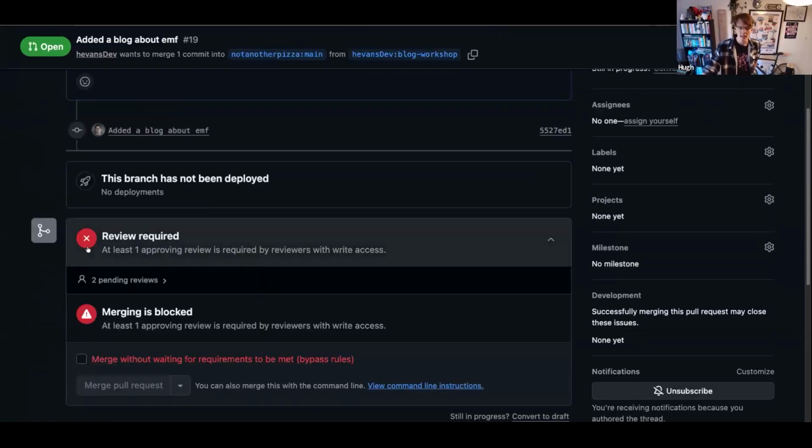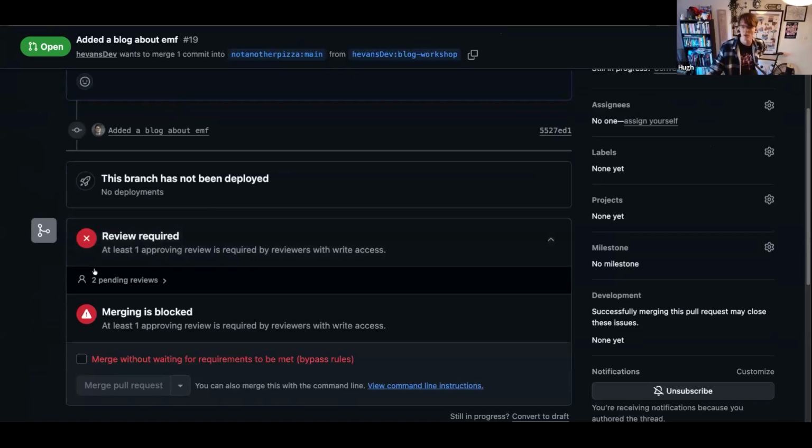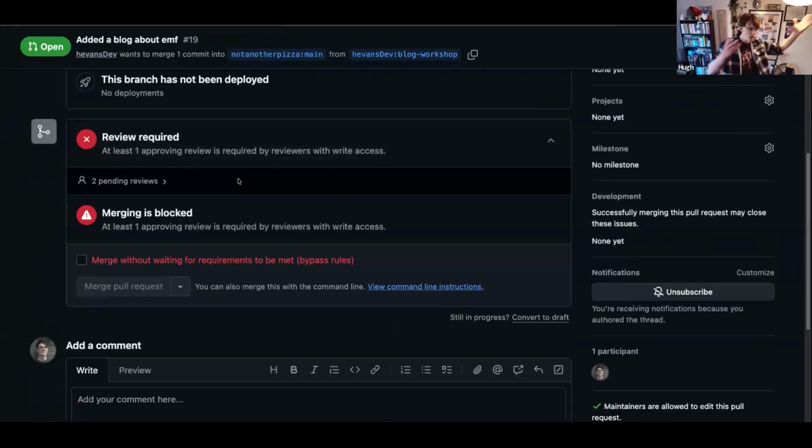And you immediately see this big red X. So don't worry about that. That's just GitHub saying, hey, if you want to merge code from your fork to the Not Another Pizza repo, you need one of the reviewers, one of the maintainers rather, to review your code to say that it's safe to merge. So what happens now is once you create your pull request, the lovely Tibbs and my friend Leo